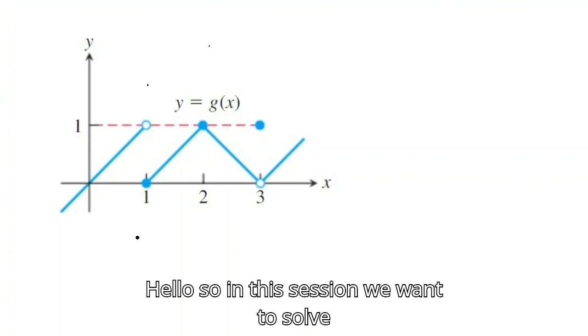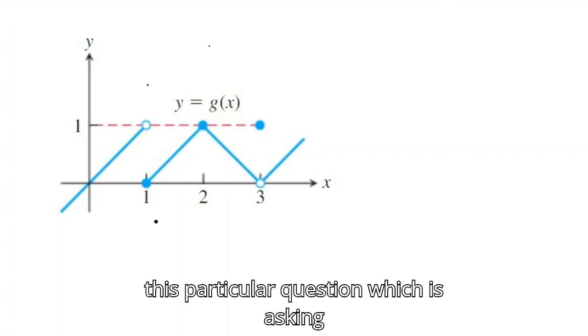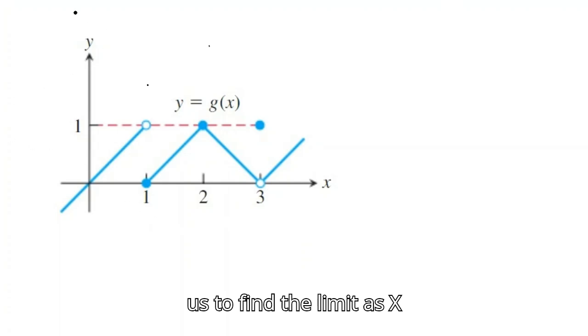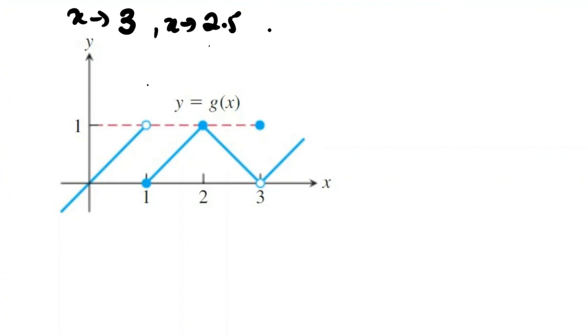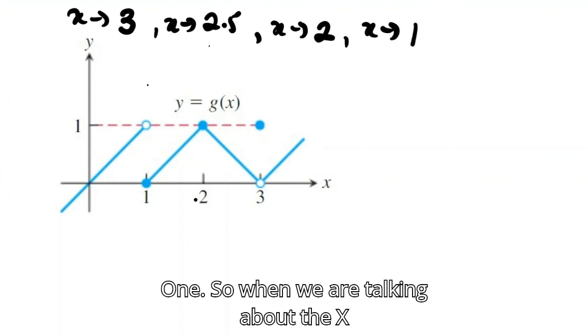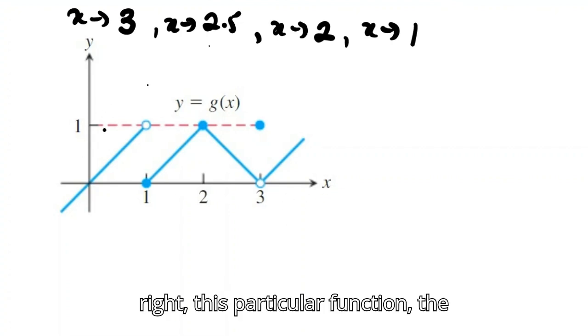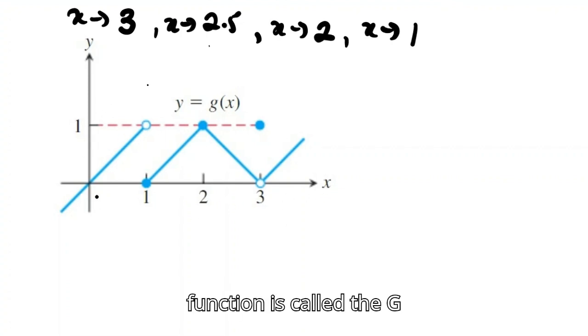Hello. So in this session, we want to solve this particular question, which is asking us to find the limit as x approaches 3 first. As x approaches 3, x approaches 2.5, x approaches 2, and x approaches 1. So when we are talking about the x, right, this particular function, the function is called